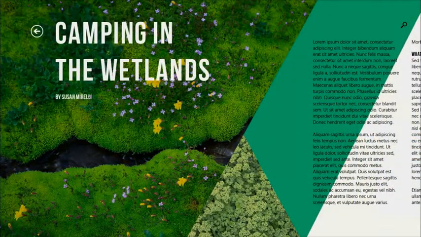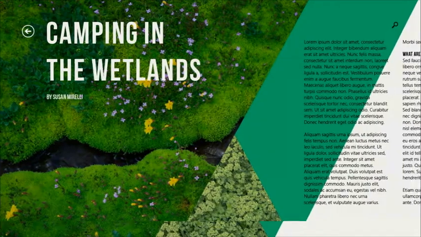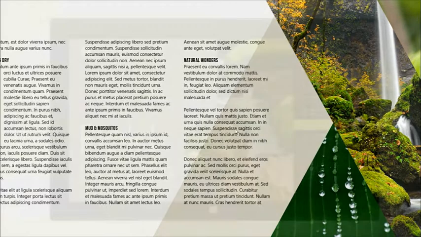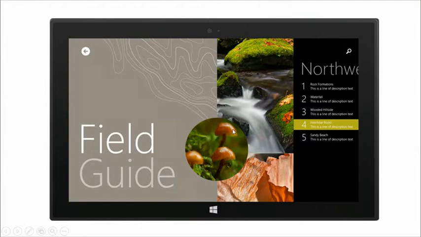Here's another detail page, just using these angles and offsetting these different images and comparing that to the font. Again, calling out some different angles to make some visual interest here. Here's another version of the field guide where they're using real photographs and these relief marks for different elevations, calling out that feel of a map that you might be using to navigate throughout